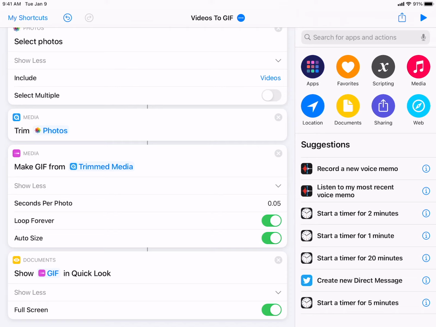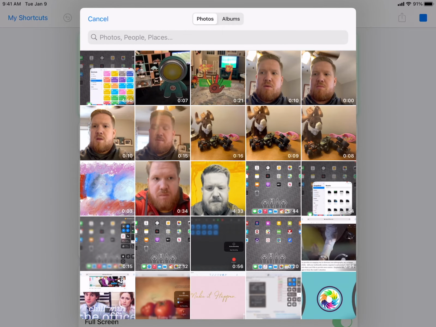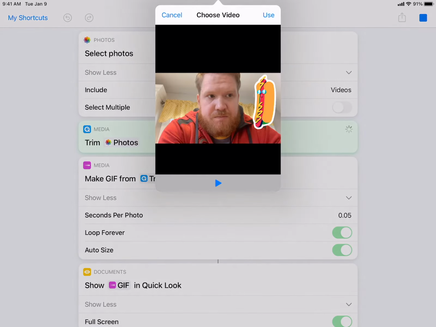Alright, now to run it, I'm going to show you what it looks like. So to run it within here, when I'm looking at it, it shows me kind of where it's at in each process. So I'm going to go ahead and hit the play sign on the top right. So now I can select some sort of a photo or a video. So I selected a video,